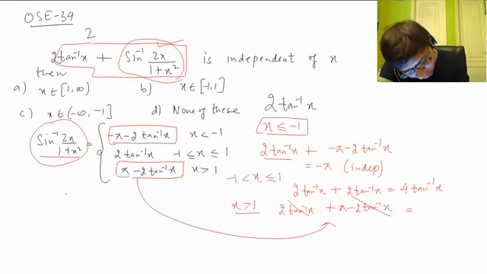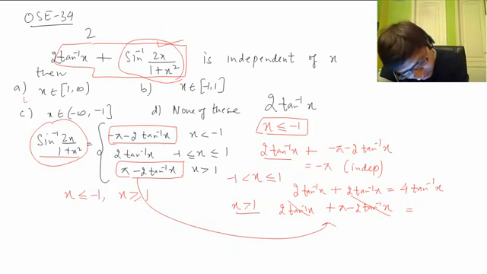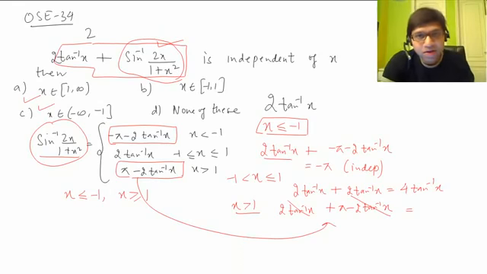So you can see the interval is either on the left of minus 1 or on the right of 1. Endpoints we have to include, because at endpoints this whole expression is 0, right? So 0 means it's independent, x is not there. So the answer is outside minus 1 and 1. There are two choices that are matching with this. One is this, other is this. Fine. So basically the key thing in this question was the compound form of sine inverse 2x over 1 plus x square.